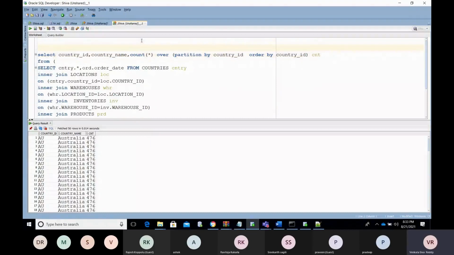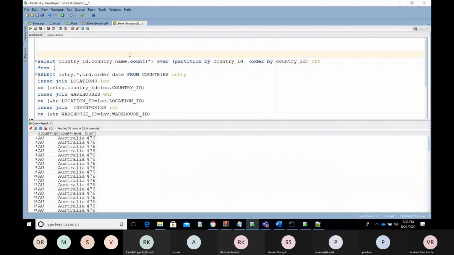you will maintain the country name and dense rank. Dense underscore rank will help you provide accurate results.